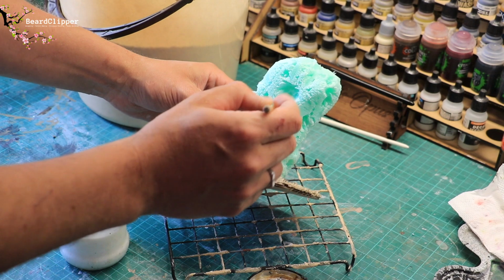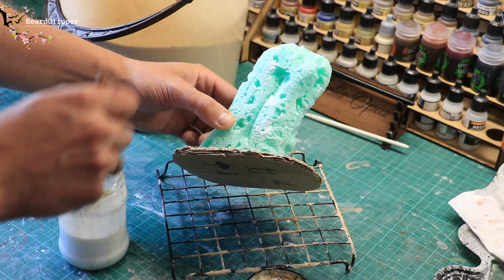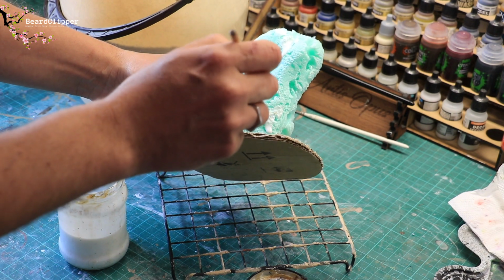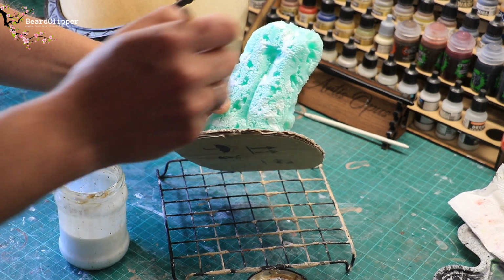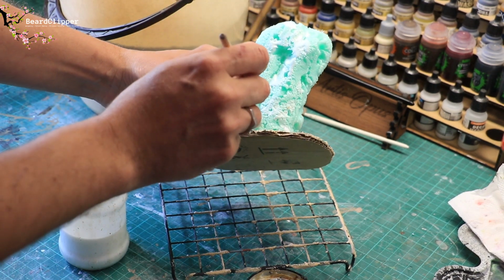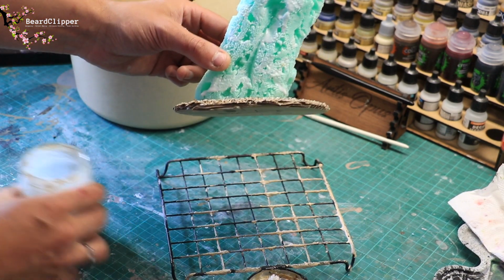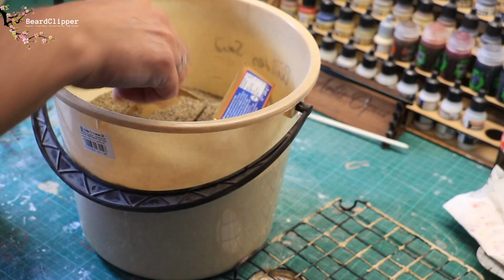So I'm just going to put some paint on the styrene. It's unusual for me to work with styrene that isn't painted yet at this stage. Normally by this stage I will have applied colour to it. But anyway, so we'll put some PVA on there, and then using the same grade of gravel,